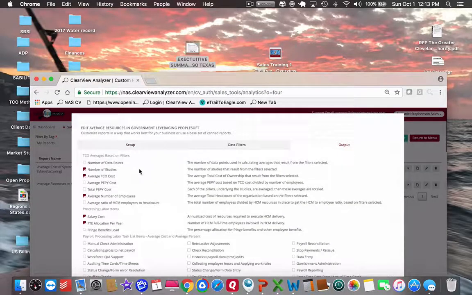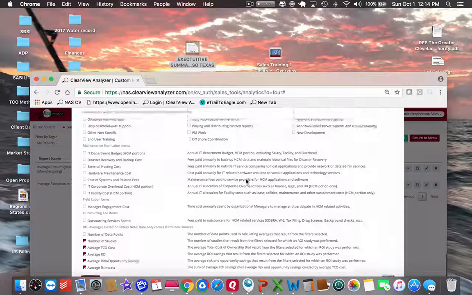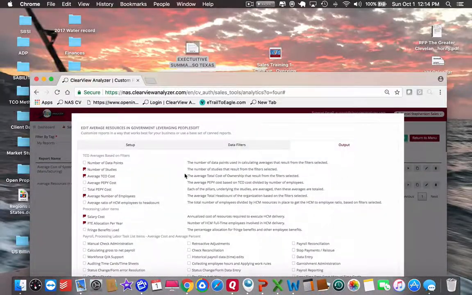Let's say I now want to take a look at some of the ROI impact here. So I might go over here to the output and go down here to the ROI and show me the number of studies where I've done an ROI. Show me the average total cost of those and what the average ROI, average opportunity cost was and the overall percentage impact moving from whatever it is to ADP. And I can go ahead and then say next and save that, and you'll see that as I run this report,